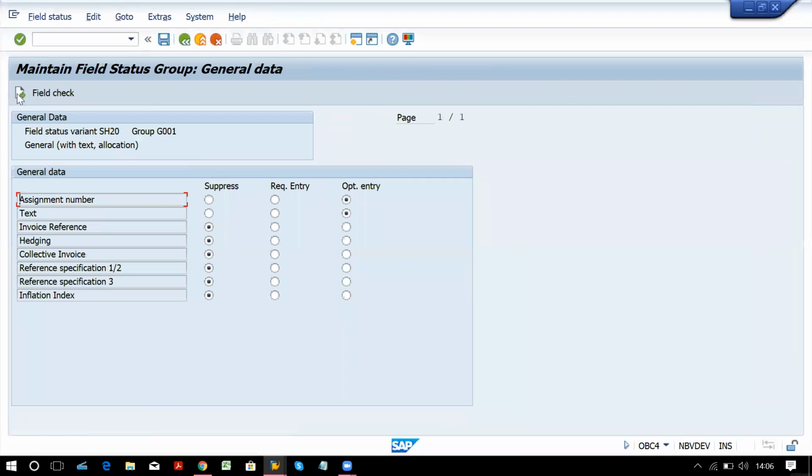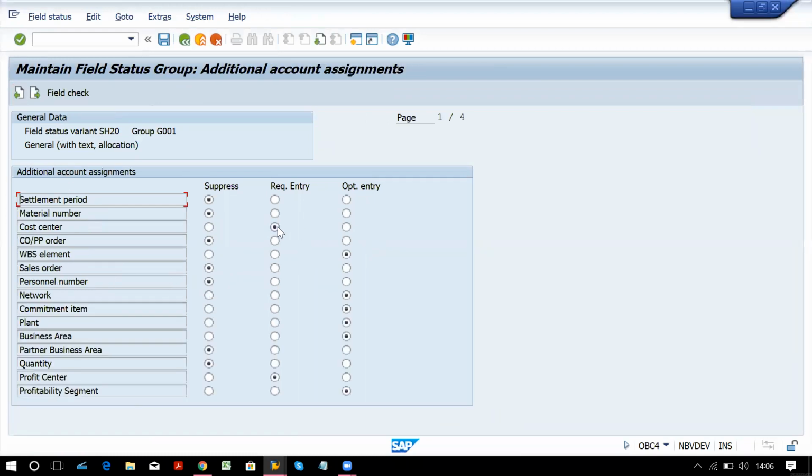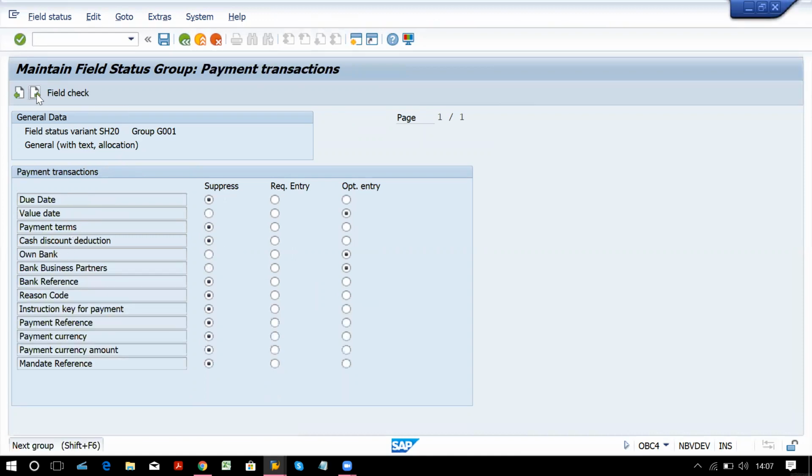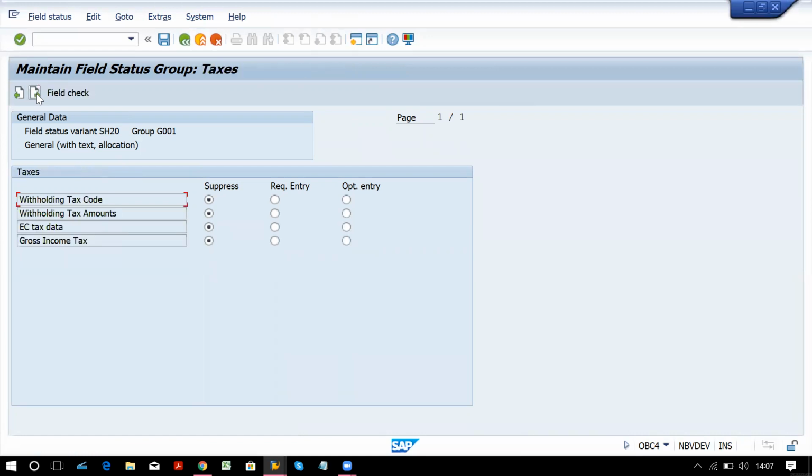So double click and keep pressing next and check. Now this is cost center. We want it optional. Generally we don't keep anything required until it is the client's requirement. Now we will check whether anything further is required or not. Fine. Now save this.